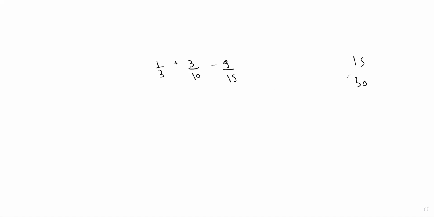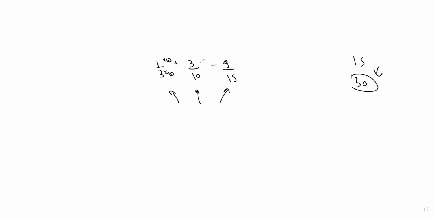Okay, 30, good. So let's change the first one. We want to multiply it by 10 on the bottom. Just to remind everyone, one of the most common questions is where do you keep pulling these numbers from? You just want to get 30 on the bottom, and you're looking at each bottom number and trying to figure out how to get to 30 using multiplication. It's always using multiplication.